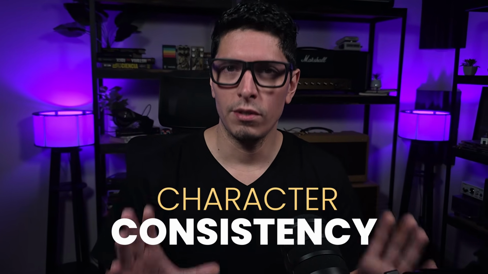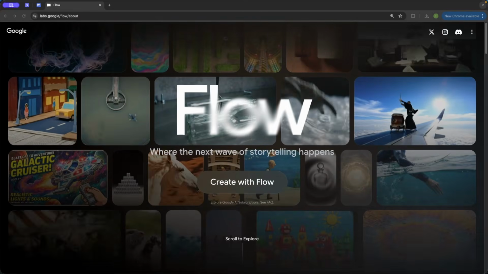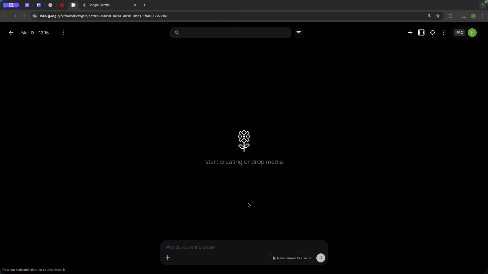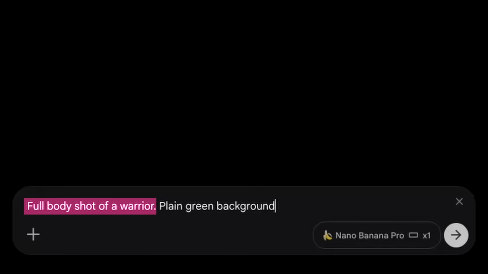A grid or sheets are the best way to ensure character consistency. I'll be using Nano Banana on Flow, but you can do the same on any other capable image generator. The first thing we need is a character. On Flow, I will go at the bottom and just prompt for something simple, full body shot of a warrior,